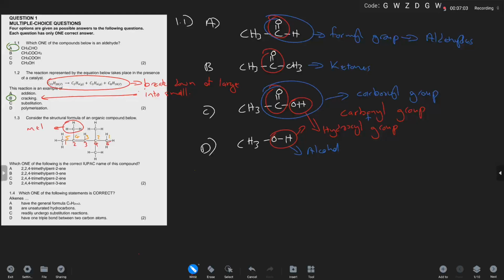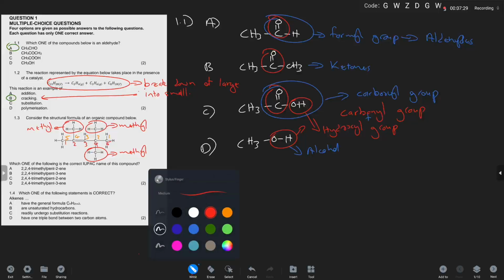But before we do that, after identifying the longest chain, we identify our branches. So we have the methyl branch at carbon atom number 2 or 4. We'll see about that. And then another methyl branch at carbon atom number 4 or 2. So we have 3 methyl groups. And then their positions obviously will be determined by the longest continuous carbon chain where we are going to